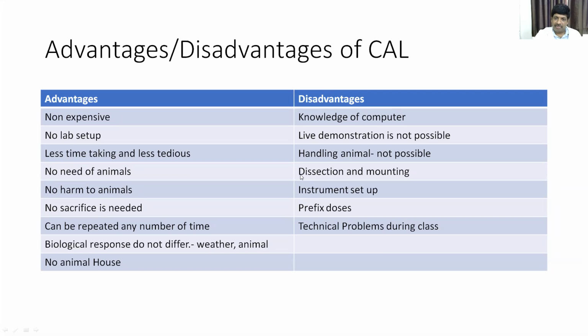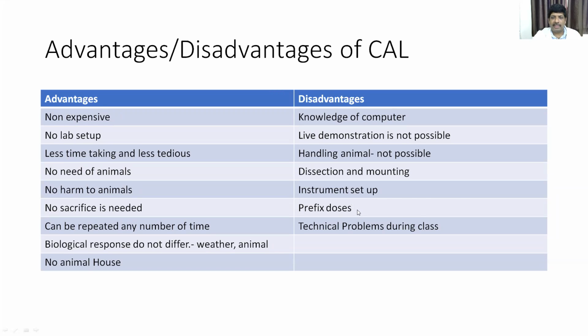How to dissect the animal, what problems you come across while dissecting, then while mounting the tissue, the tissue needs to be alive only till your experiment gets over. So you need to tie it, how long, how far, then what load you need to keep. All those things you cannot learn from this. Instrument setup, how to do instrument setup, you cannot. You will see that these are the instrument setup. You will learn these are the parts, this part, that part, and then that's over.